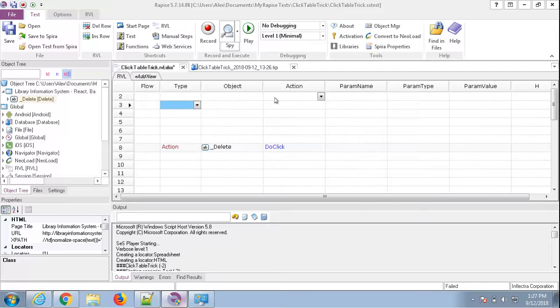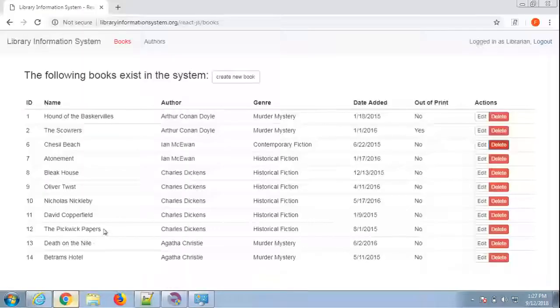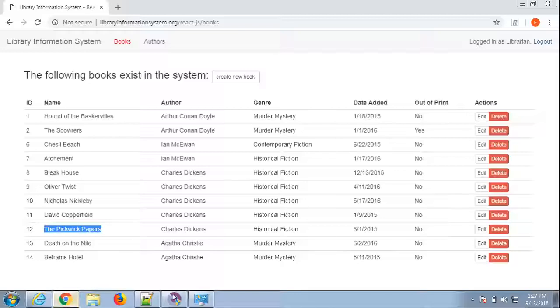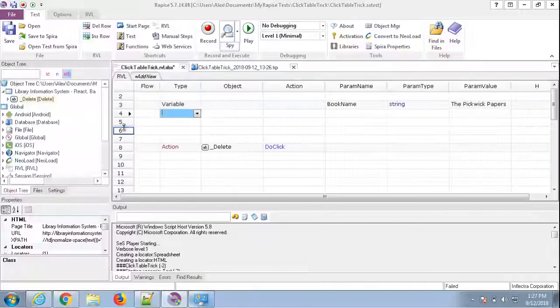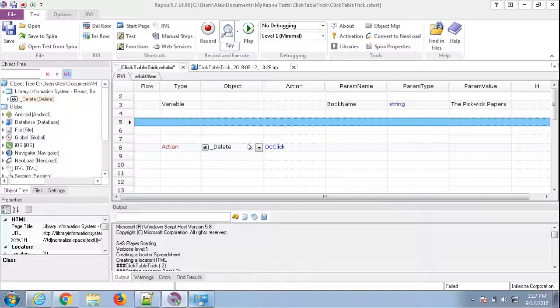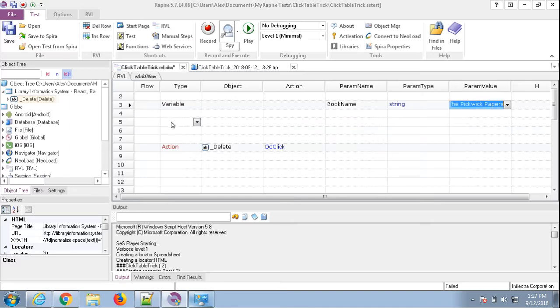Okay, so first I'm creating a variable. Let's call it book name, and let's pick up one of the books from here, like this one, and use it as the variable value. So now we want to modify our script a bit so it uses deletion logic for a book identified by this book name. Okay, so we have the name in the variable. Now we want to make a write expand,